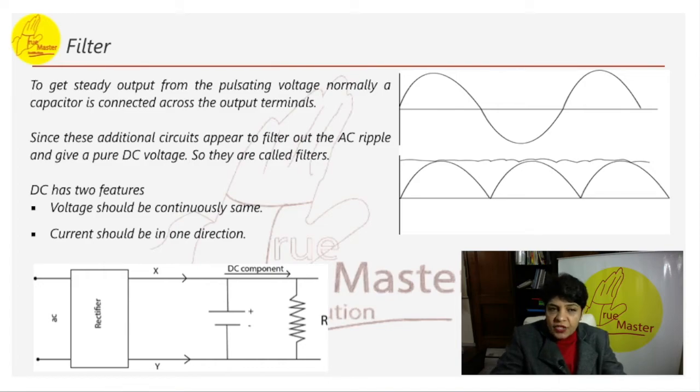When the voltage across the capacitor is rising, it gets charged. In the absence of external load, it remains charged to the peak voltage of the rectified output. But in the presence of a load, the capacitor gets discharged through the load and the voltage across it begins to fall. This is how the capacitor is working as the filter here. In the next half cycle of the rectified output, it again gets charged to the peak value.